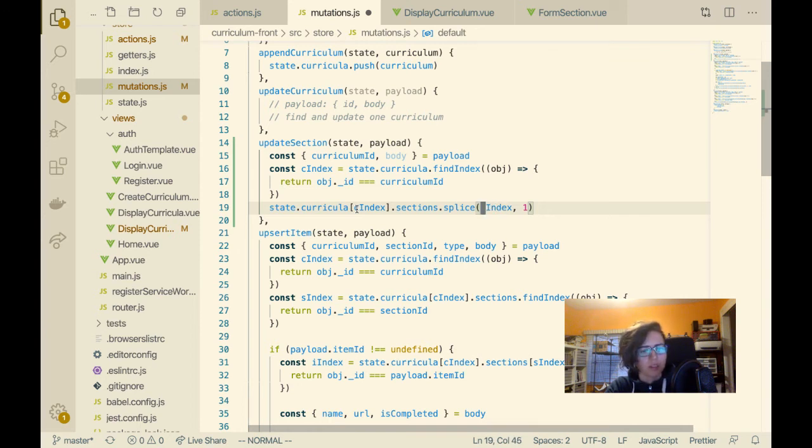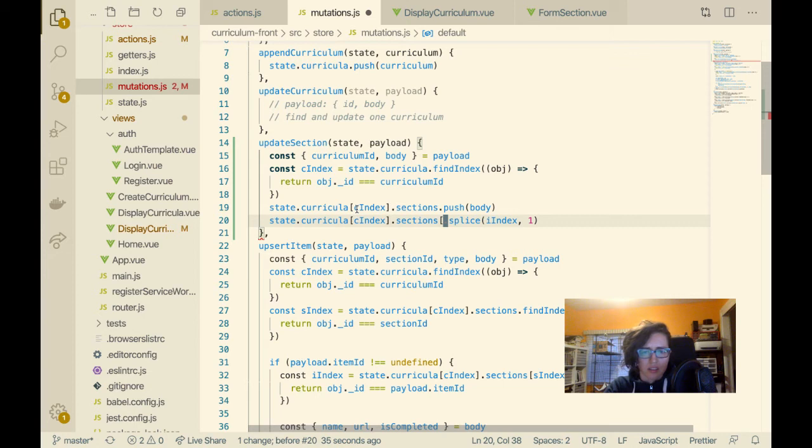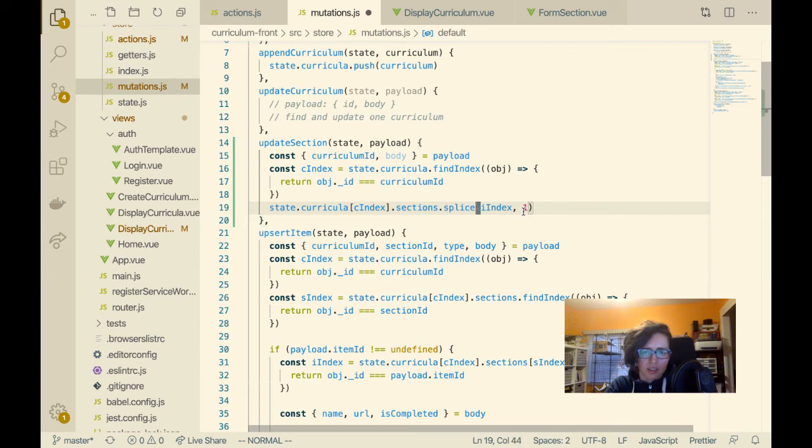Why wouldn't push work though? It seemed like push should work. Why wouldn't push work but splice will work? I was just pushing though. Yeah, I was pushing here. So sections.push. Yeah, because it's an array. So anyway, the dot splice, and then let me get the